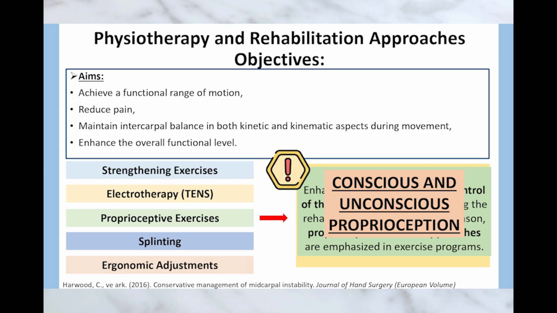And of course, those proprioceptive exercises are essential. That's all about retraining the wrist's awareness. The goal is to get that stability back, not just through muscle strength, but through improved neuromuscular control, that unconscious coordination that keeps the wrist stable while it's moving. So it's really about retraining that mind-body connection. And that brings us back to that third component of stability, the neuromuscular control and proprioception really is important.